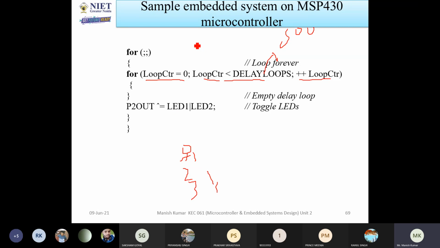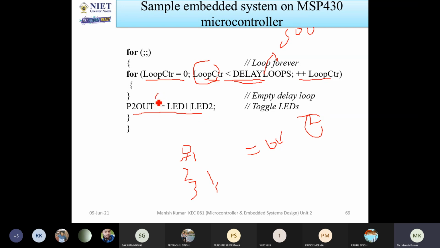Whenever it is incremented, this value is compared with delay loops. When this value is equal, the result will be 0, and the status register will indicate that the zero flag is set. When this zero flag is set, it means you have to toggle the LED.